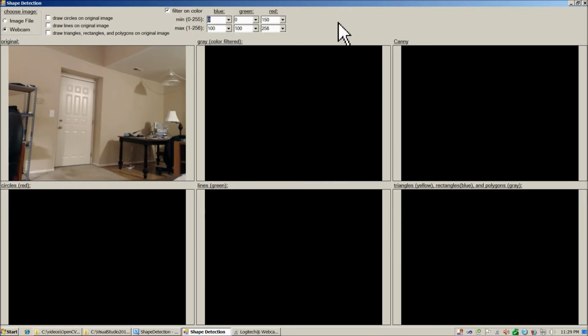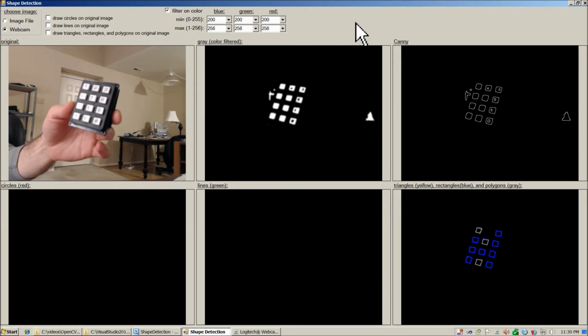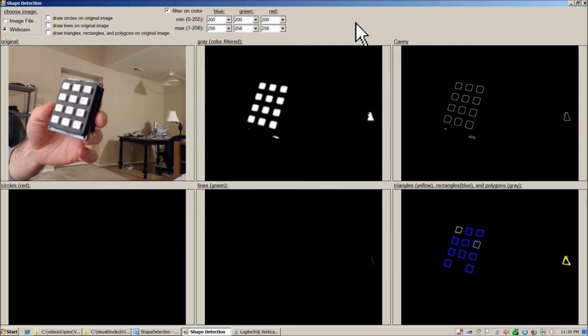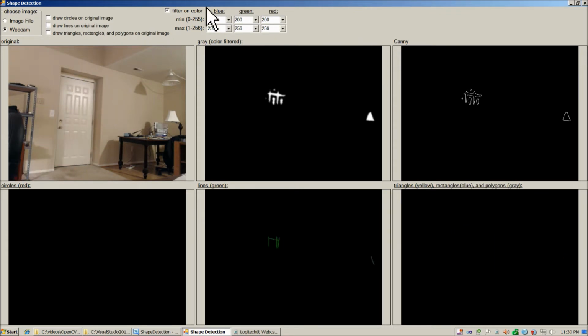So to detect light colors, let's start with that. So we'll go with, let's say, 200 and 256 for each. Let's go ahead and take another look at the front of the keypad. And now we can see pretty much all the keys are detected at least as polygons, if not as rectangles. So that's pretty nice. And then if we want to change to detecting dark objects, so we can go, let's